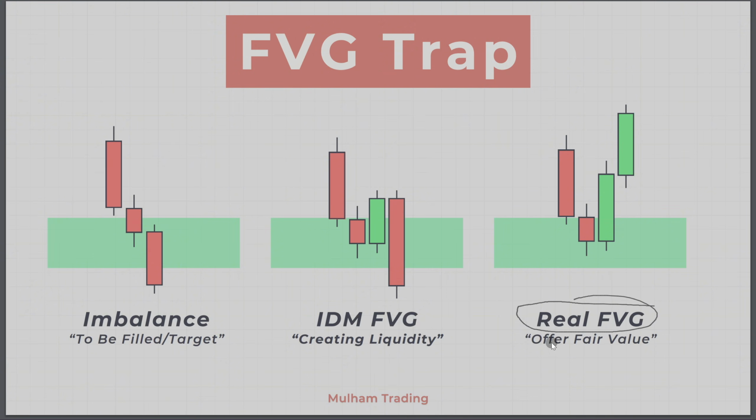But there is a real fair value gap that offers fair value. So this one is a fair value and used to enter off and establishes expansions. This is the one that you need to be trading and entering from. Now, those ones you can be trading the opposite side, for example. And this one, if you have a fair value gap here or another drawn liquidity like a low that is very significant, you can enter even here when price respected, wait maybe for the retest, and then goes to the other low. But mostly I wanted to focus on this one because this is the real fair value gap, and I do have a lot of videos about how to identify the real fair value gap. You can look them up.